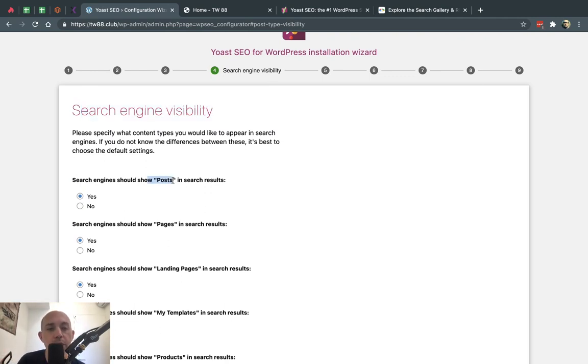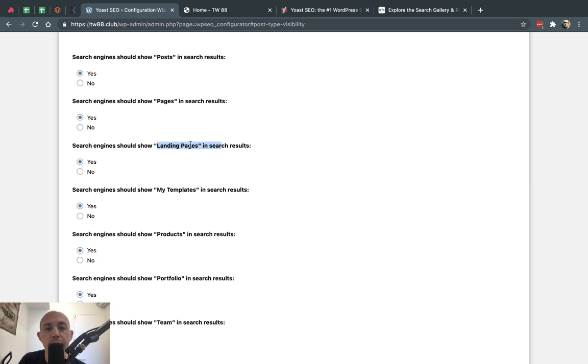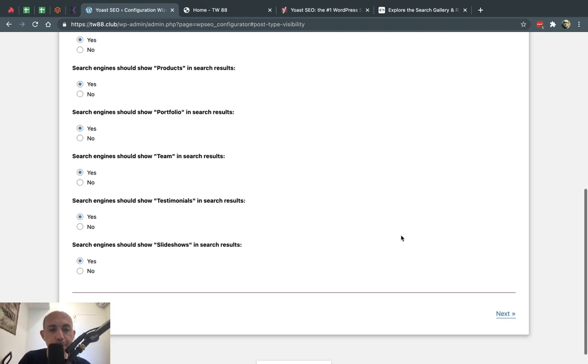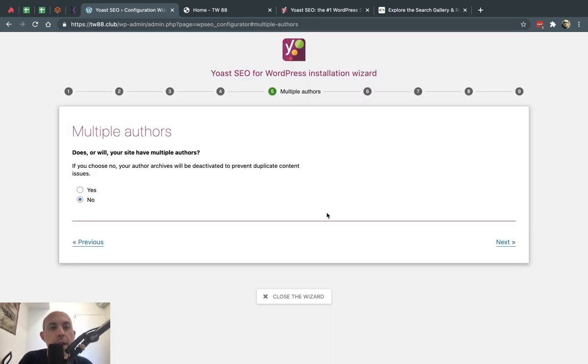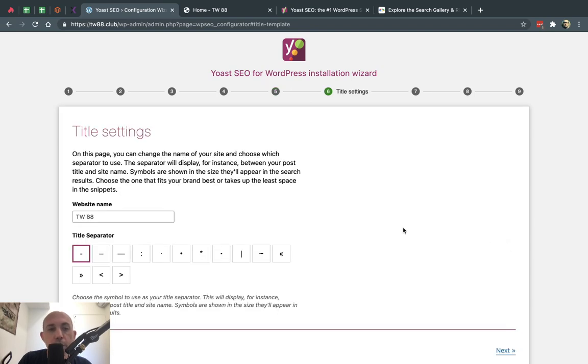So the most important ones are the posts and the pages in WordPress. So in most cases, you want it to be yes. But anything you have related to your theme that's extra or anything custom, you can specify if you want them to be indexable, read by the search engines and actually indexed. Okay. So what else do we have? If you have multiple authors for your blog post, you can have that, right? So it'll show multiple authors.